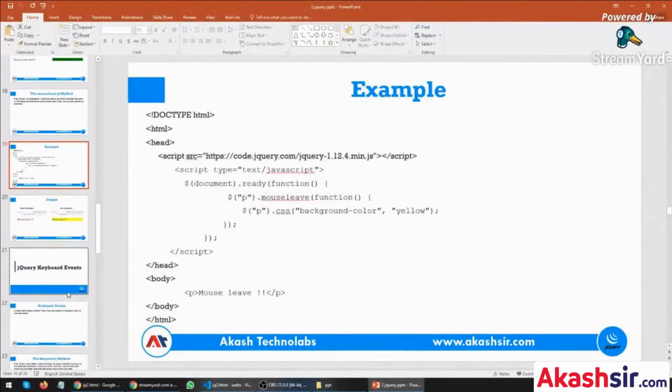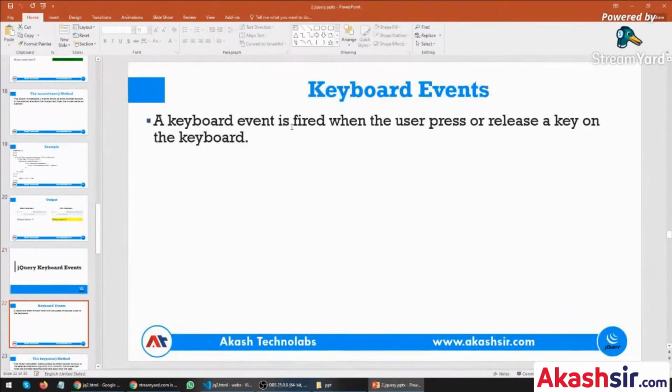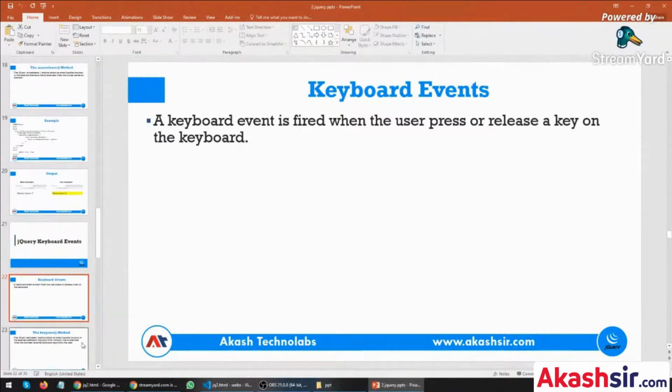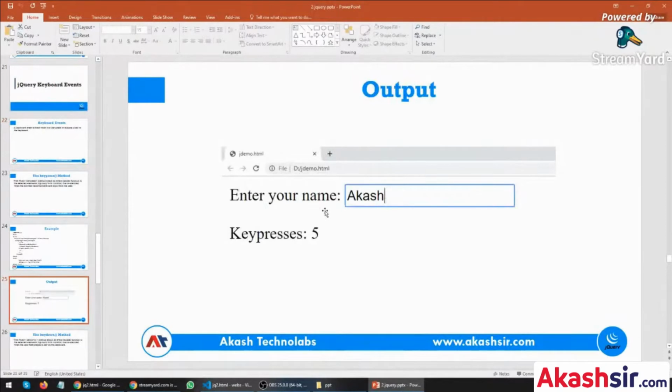So now jQuery keyboard events. In jQuery we have keyboard events. A keyboard event is fired when the user presses or releases a key on the keyboard, right? For an example, here you can see if I type something over here, I want to count the number of characters. Okay, so what we can do,